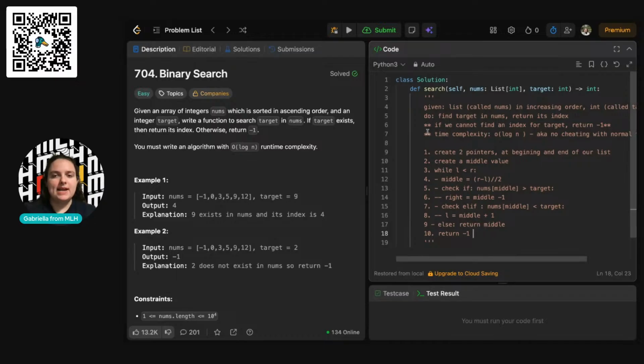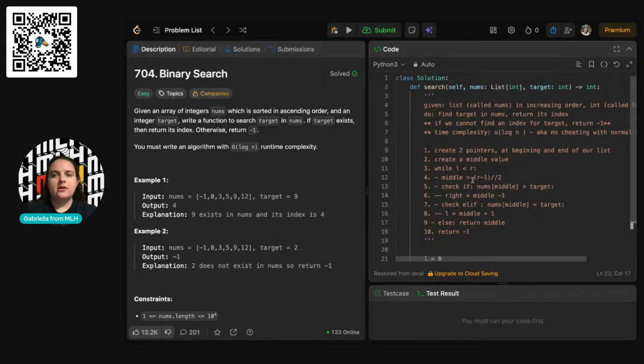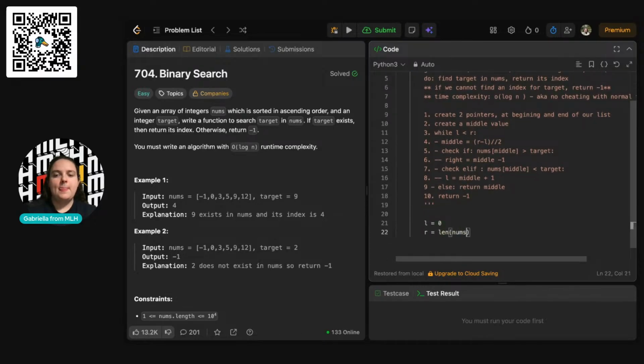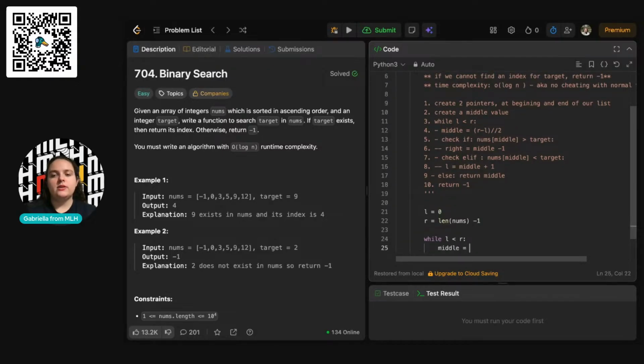So that is binary search kind of typed out. Now let's code it out. So we'll have left, and right will be the length of nums. Forgot what the name of the list was for a second. While left is less than right, we're going to go through and